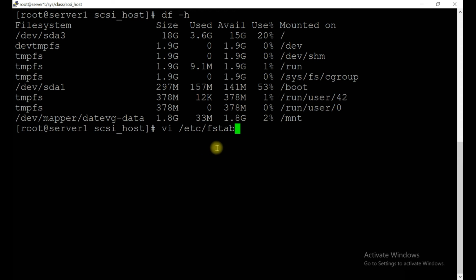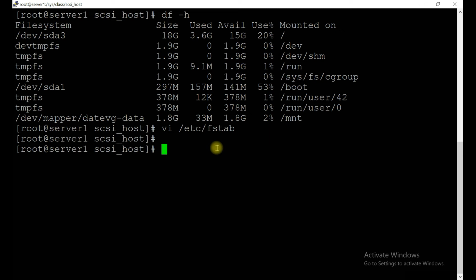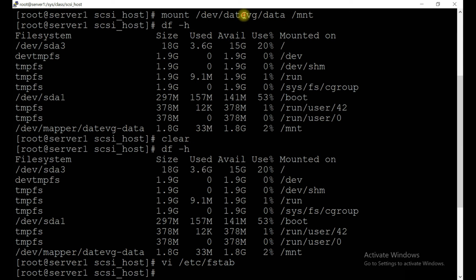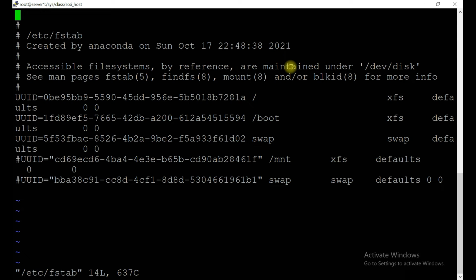Before doing any changes, it's recommended to take a backup first, and you should know the blkid of this logical volume. Yeah, we got it. Edit it with vi. Let's go to the end.